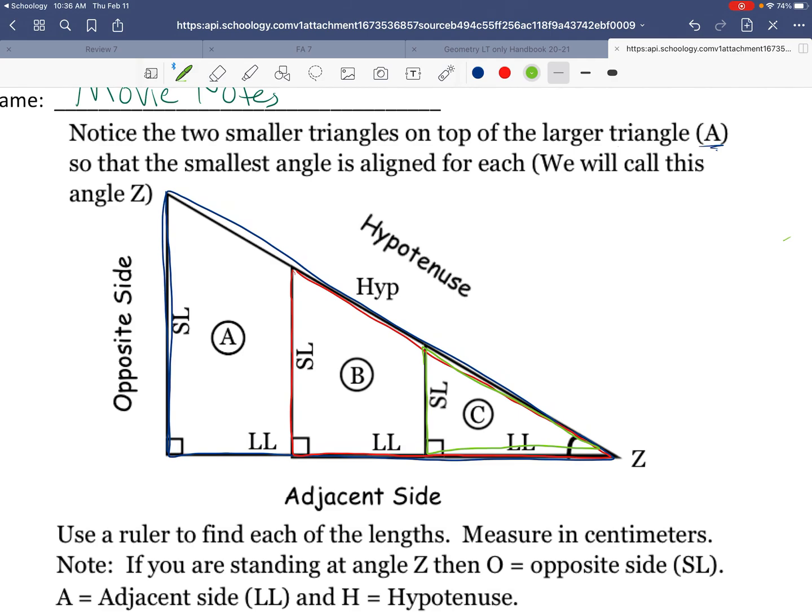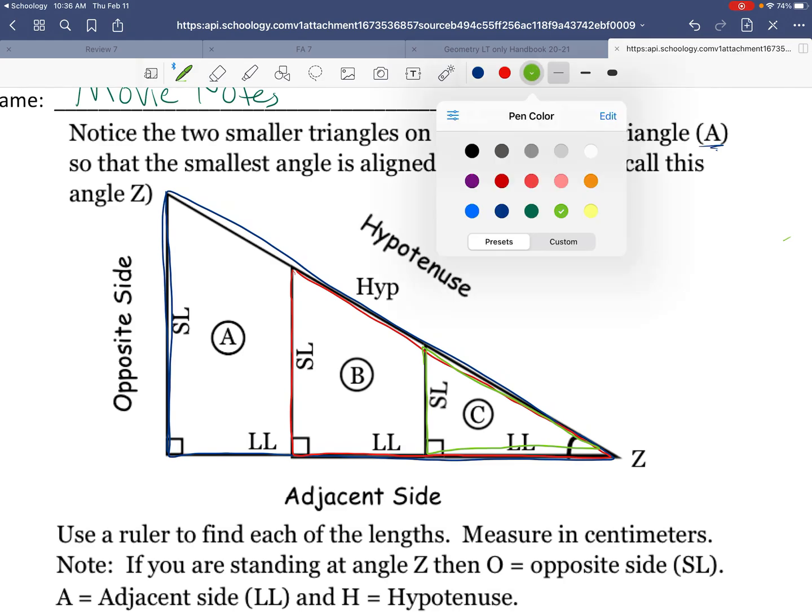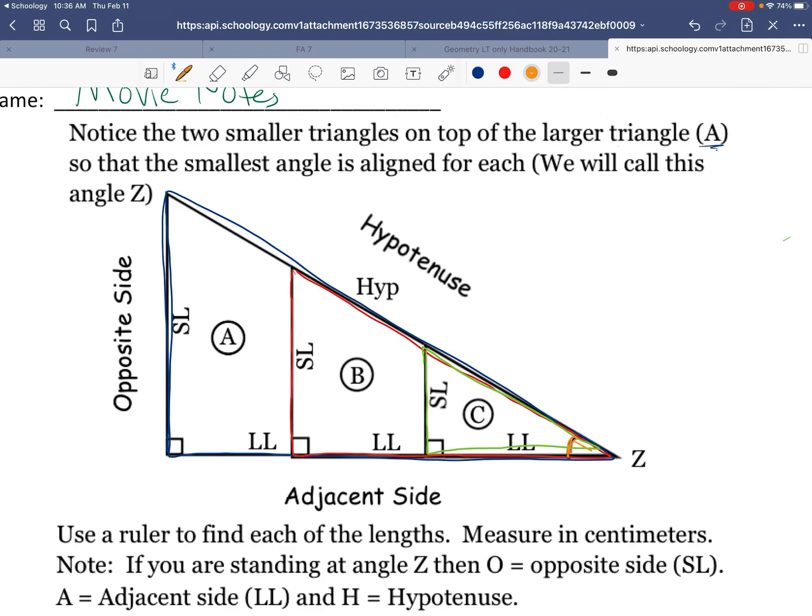So we've got a lot of terms here with these different triangles. And all these terms are going to be related to this angle down here, angle Z. So throughout this, I want you to pretend you're standing at angle Z. So if we're at angle Z, you can see that this side, and this side are all opposite to where we're standing. So if we're here at Z,